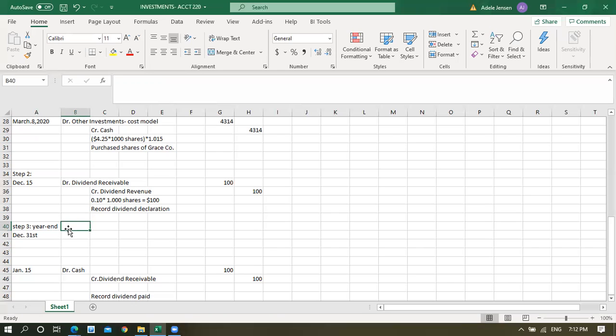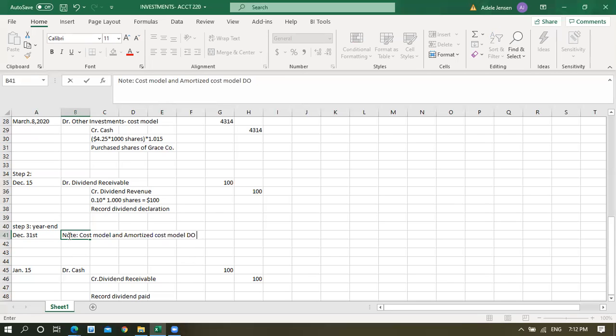However, we do not need to make any fair value adjustments for the cost or the amortized cost model. So let's just put a note, cost model and amortized cost model do not require the investment to be adjusted to fair value